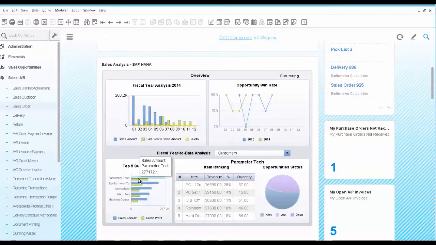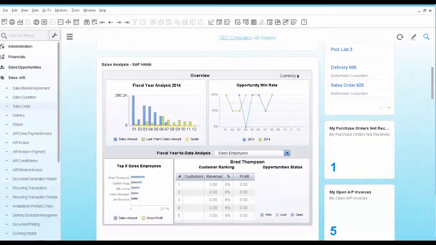You see that this customer is actually your top customer. You can also run this same analysis by sales employees. You notice that Brad Thompson is the primary sales employee for the customer you're looking at. So you can conclude that he formed a good and trusting relationship with his customer,